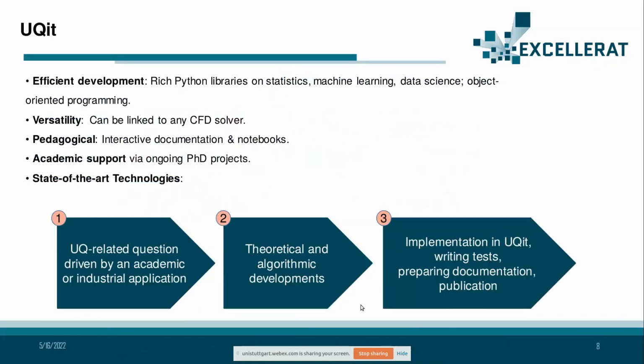And why we started doing UQit, or what we had in mind when we started developing UQit. We would like to have a module which is very efficient and easy to develop and expand. So we have chosen Python, and as we know, there are many open source Python libraries for statistics, machine learning, and data science, which have a very close connection to uncertainty quantification. Also, we picked object-oriented programming for UQit, so one can easily expand the code and implement new approaches. So UQit is versatile, which means that it can be easily linked to any CFD solver provided